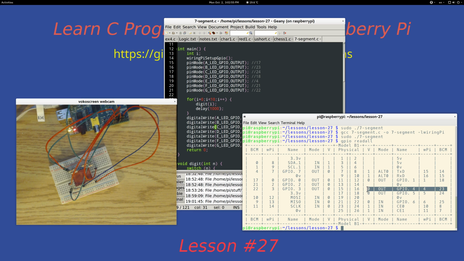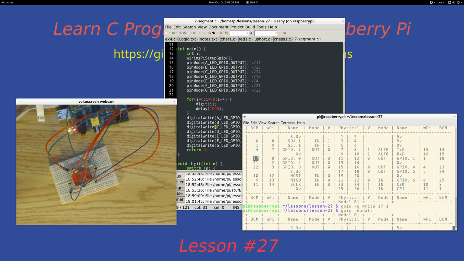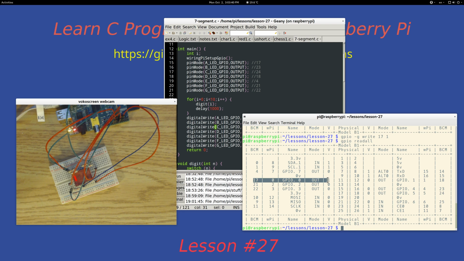Okay. If I wanted to, I could just turn one of these on all by itself. Remember how to do that from a previous lesson. GPIO minus G, because I'm using GPIO numbers, and I want to say write, and I want to write to GPIO 17, I want to write a 1. Hopefully one of those segments will come on. Well, 17 is segment A, which is the top segment, and you can see it came on. Over here you can see it's on here. And if I did the read all, you'd now see that 17 has a 1 there, saying its voltage is a 1, or true. Okay,